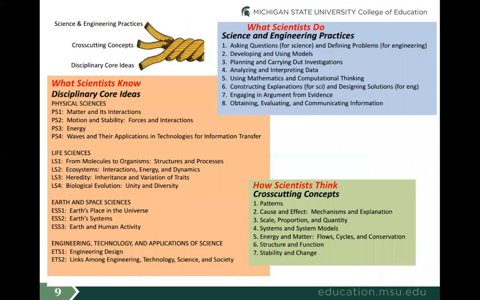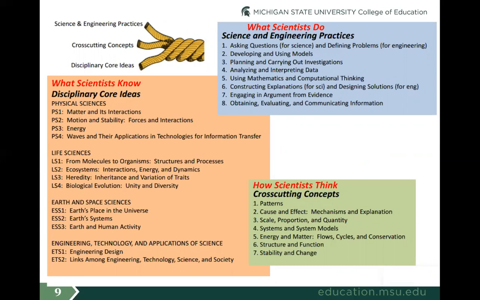So what are these things? Well, we can see on the left-hand side in the orange square, we have a summary of the disciplinary core ideas contained within the Next Generation Science Standards. We're trying to get away from the mile-wide, inch-deep approach to education in which we try to teach as much content as possible, in which it's mostly just a memorization of facts. And we're trying to get students to reason more deeply about core ideas that provide broad explanatory power across all of the branches of science.